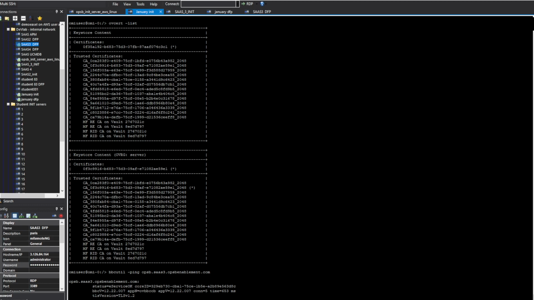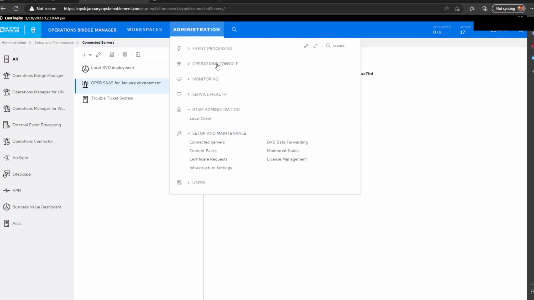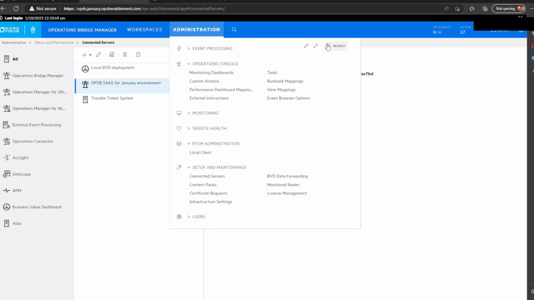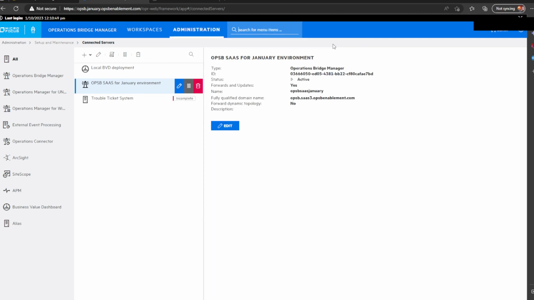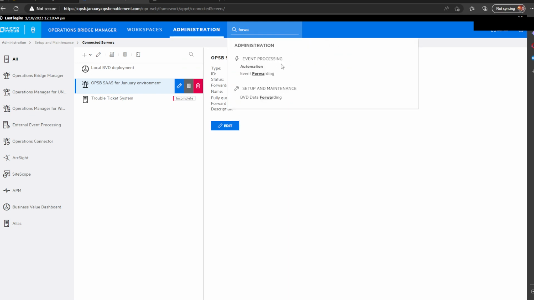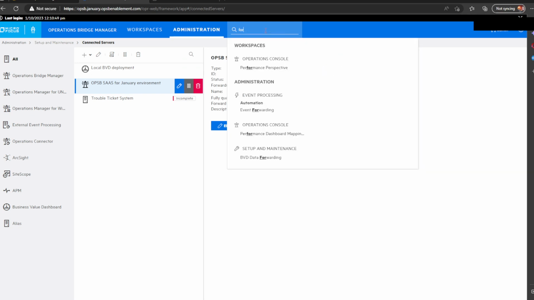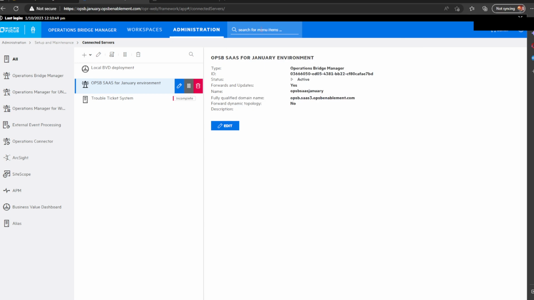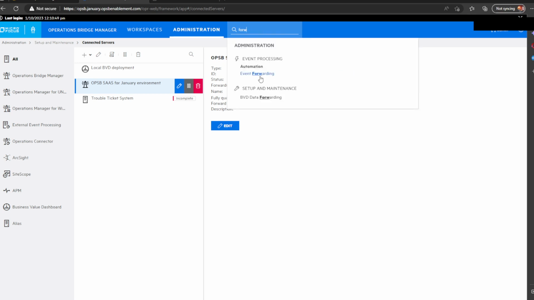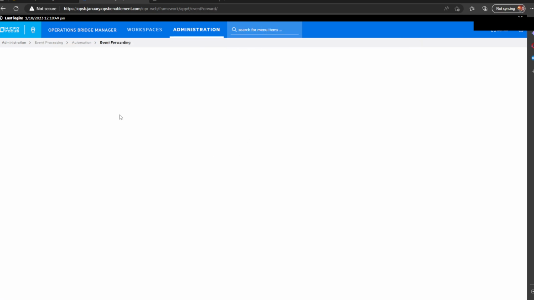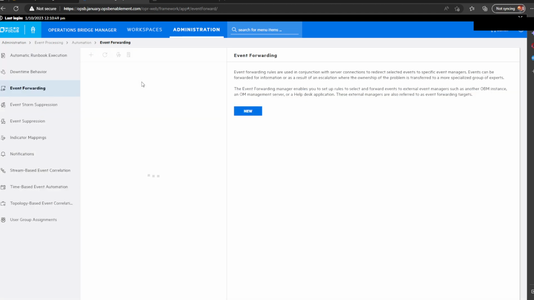Okay, so we created our SAS environment, and now we need to go into our own environment and create a forwarding rule. So it's going to be event forwarding. Oh, come on, forwarding. Always use search. Okay, so now I'm going to create a rule that says basically that any event,